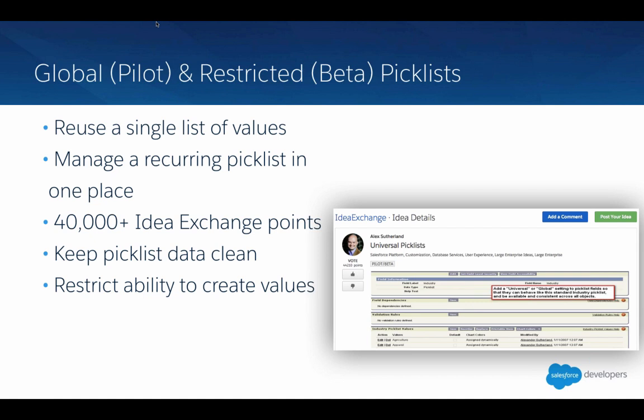We saw restricted pick lists, or the ability to create a restricted pick list, and that really will help us keep our data clean, right? So if we have users importing, for example, using importing tools or data loader tools, importing leads records, things like that, many of us who've done a lot of data imports have probably stumbled across, or at least had to clean up after someone maybe accidentally created some values because it wasn't a really clean CSV. So this will remove that access to create potentially dirty data.